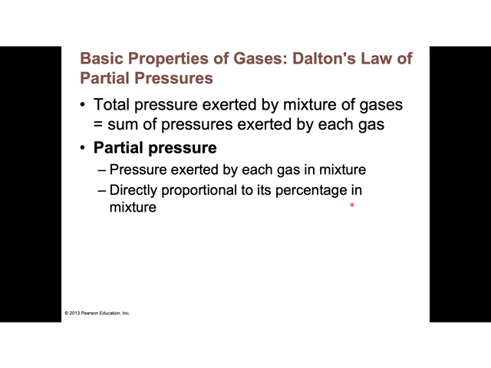The partial pressure is the percentage of that gas in the mixture multiplied by the total pressure of the gas mixture. So if nitrogen is 80% of the air we breathe, then the partial pressure of nitrogen is 0.8 atmospheres in